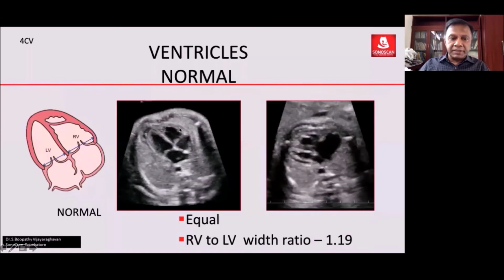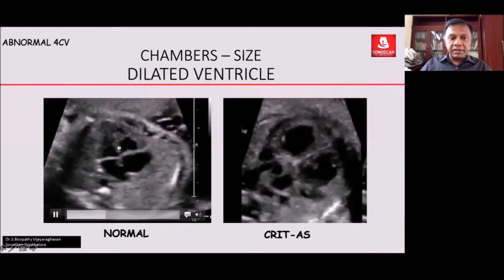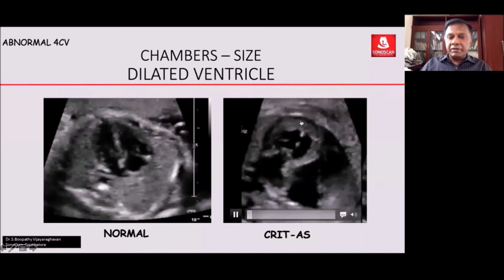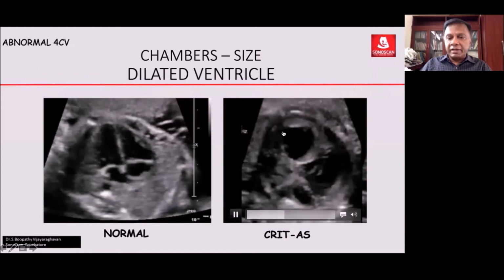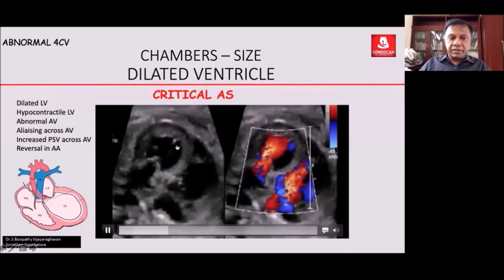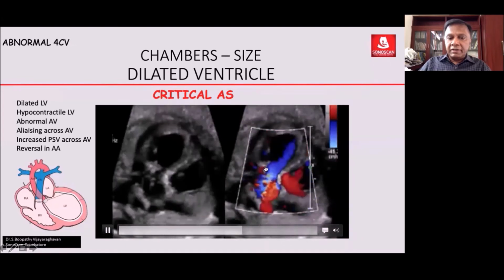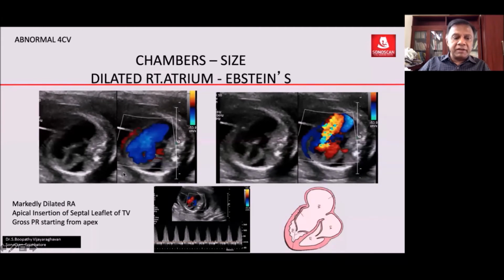So the ventricles, I said, are equal in size, and when you take the RV to LV ratio, it should normally be about 1.19. Normally the ventricles are equal in size. And here you see that the left ventricle is dilated. Now here you see the dilated, non-contractile left ventricle, and a leaflet of the tricuspid valve,